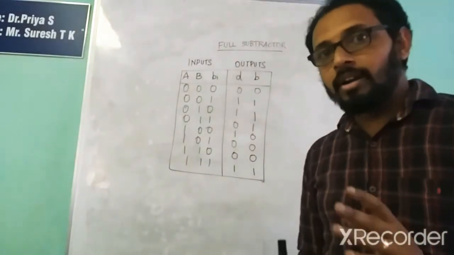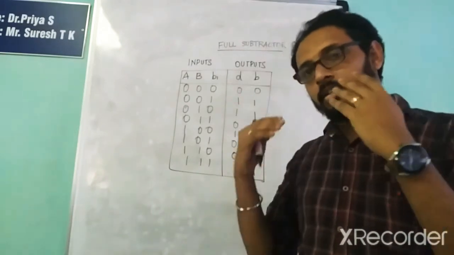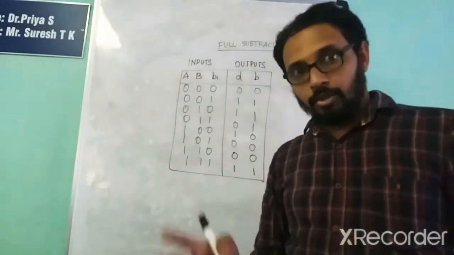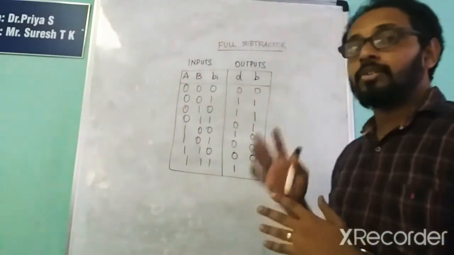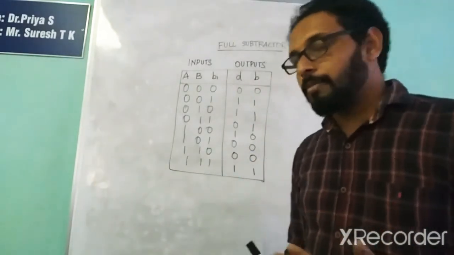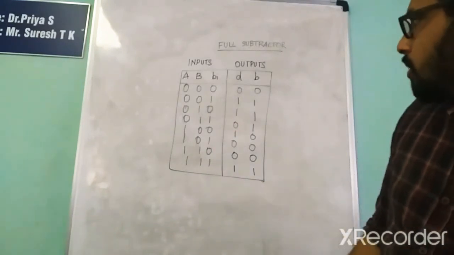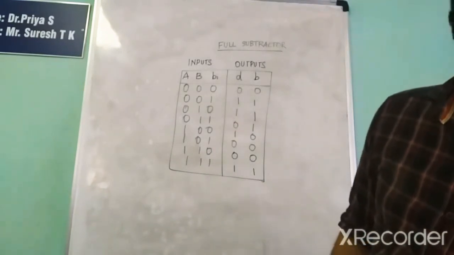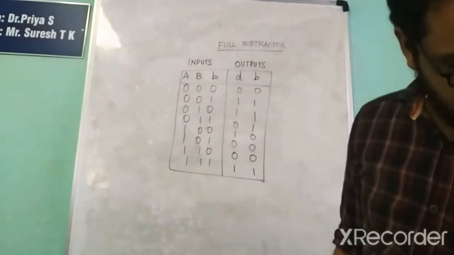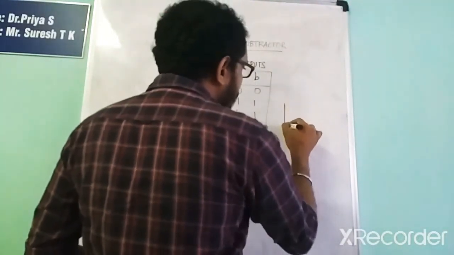If you have any doubt regarding the previous borrow and the borrow that we obtain for the next column, for the time being you can ignore it, because we mainly focus on the design of the full subtractor. It can be a bit confusing for you. Let me check it once again. 0 0 1 1 1 1 0 1 1 0 0 0 0 0 1 1. Yes, it's correct.